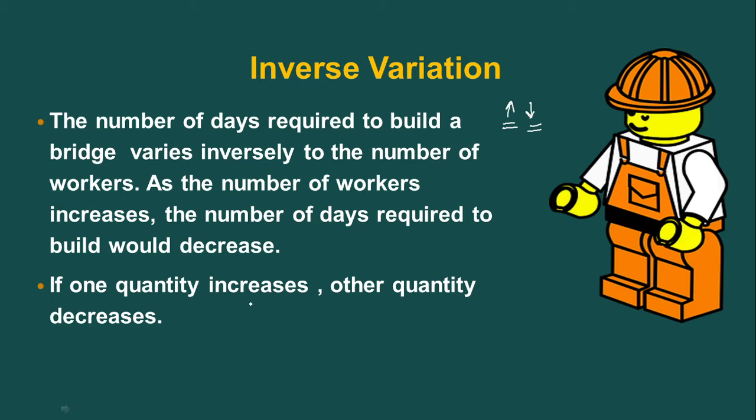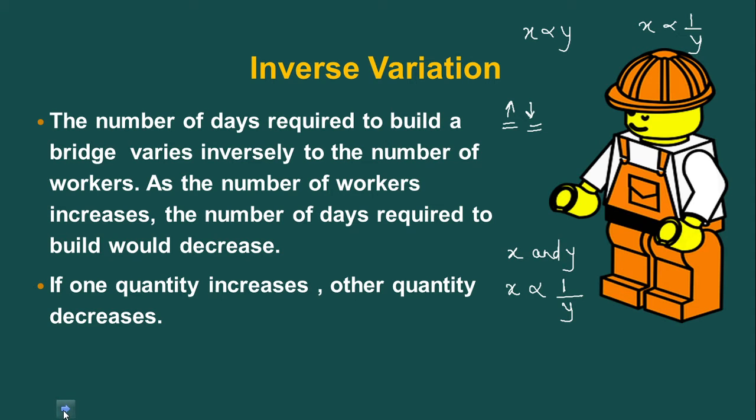Now children, how to represent this? Let's consider the two quantities as x and y. We want to show that x is inversely proportional to y. How will we show this? Firstly, x, proportional sign, that is nothing but alpha. Here, we were writing x directly proportional to y, x alpha y. But while writing inversely proportional, you have to take its reciprocal. If y is there, you will take it as 1 upon y. Okay, so that is the difference. Directly proportional is x alpha y, and inversely proportional will be x alpha 1 upon y.